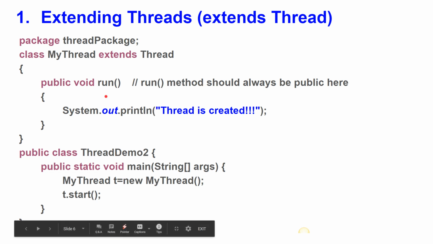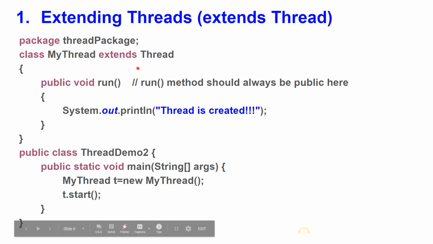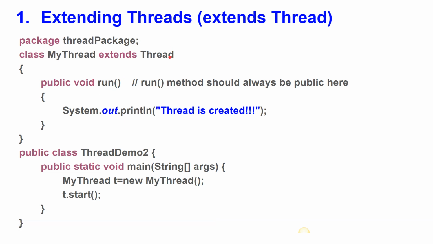One very important point: the run method and the start method are methods of the Thread class. Since these two are methods of the Thread class, you must use the inheritance concept. Inheritance means the extends keyword. MyThread is the child class and Thread is the parent class.